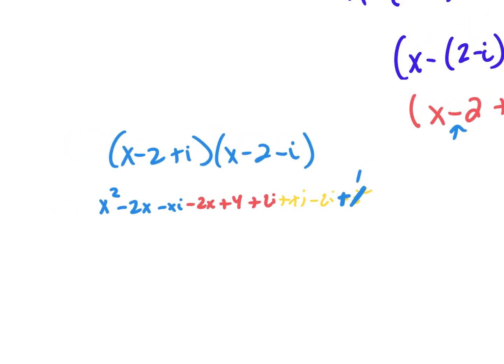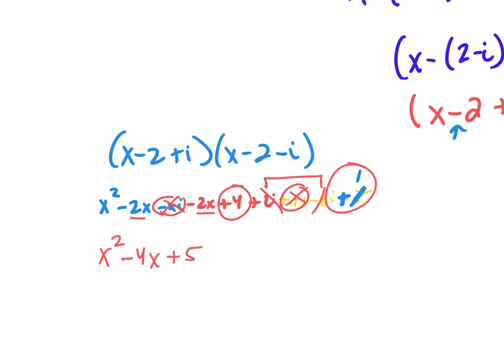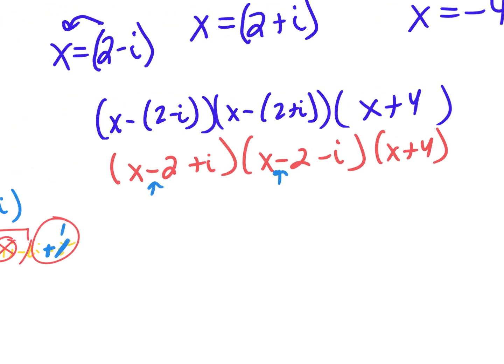Okay, so watch what happens here. I have x squared. I have a minus 2x and a minus 2x, which gives me minus what? Minus 4x? Yes? Okay. So I have a minus xi and a positive xi. Cancels. I have a positive and a negative 2i. They cancel. So then I have 4 plus 1 is what? 5. Okay. That's exactly what we needed to happen, correct? We needed all of the i junk to cancel out. So then you would take this other x plus 4